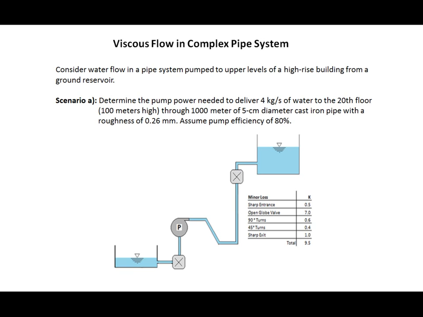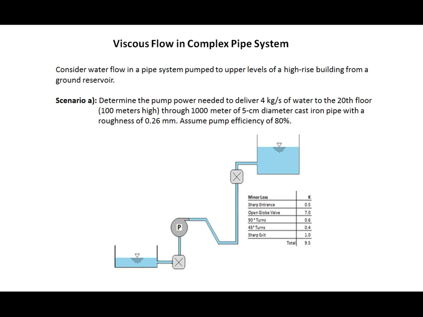In this first example, we are looking at a water flow in a pipe system that's pumped to upper levels of a high-rise building from a ground reservoir. In the first scenario, that I'm calling scenario A, we want to determine the pump power needed to deliver 4 kilograms per second of water to the 20th floor, assuming it's 100 meters high,